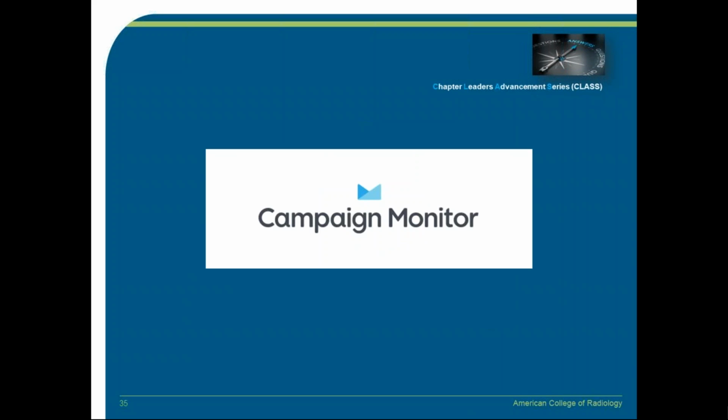And this is one that's probably not very well known, and this is actually what I started on about 10 years ago and what I use. It was originally done for people that did emails for multiple clients or companies, and it was much more a tool for people that knew HTML code. In recent years, they have built up a really robust platform that's very easy to use. You do not need HTML at all, and in fact, you can't even get into the code anymore once you build the emails in their system. But a very good platform, and it's actually what I use to do the Radiology Leadership Institute emails in.